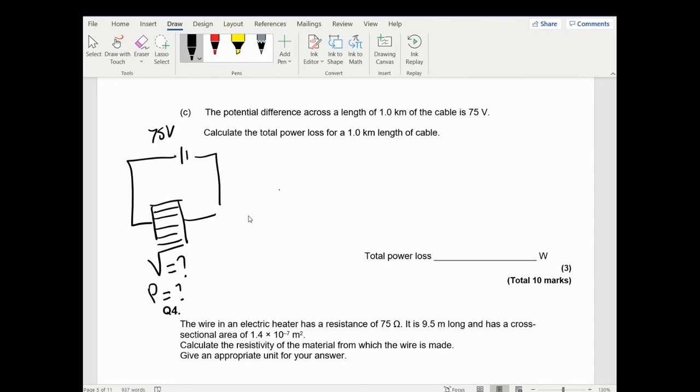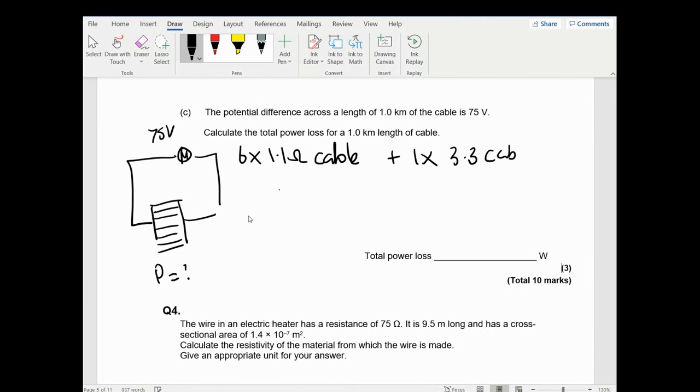So the potential difference across this, I do apologise. I've got 75 volts here. So this is how much I've lost if I put a voltmeter across here, and it wants to know how much power I've lost. So I know the resistance of this cable. I have 6 times 1.1 ohm cables and 1 times 3.3 ohm cable, and they're all in parallel with each